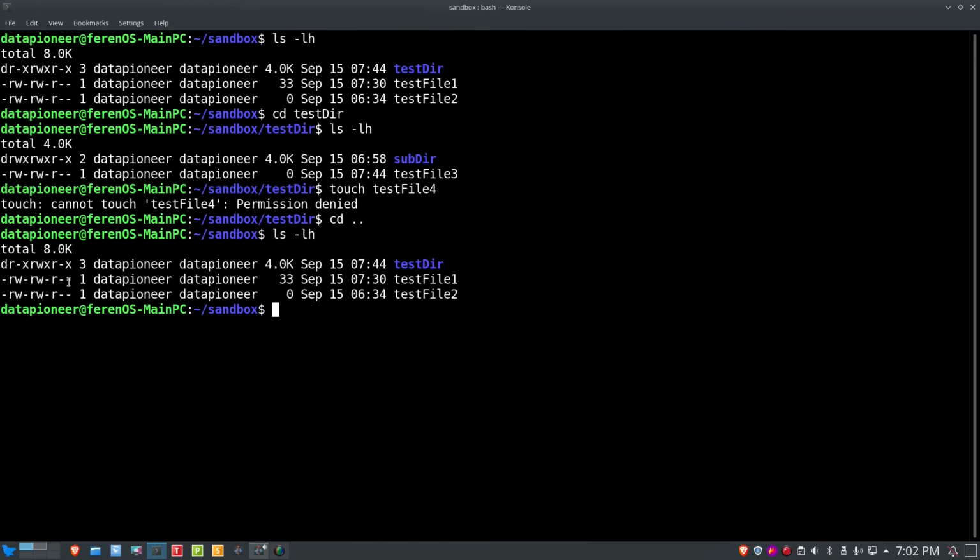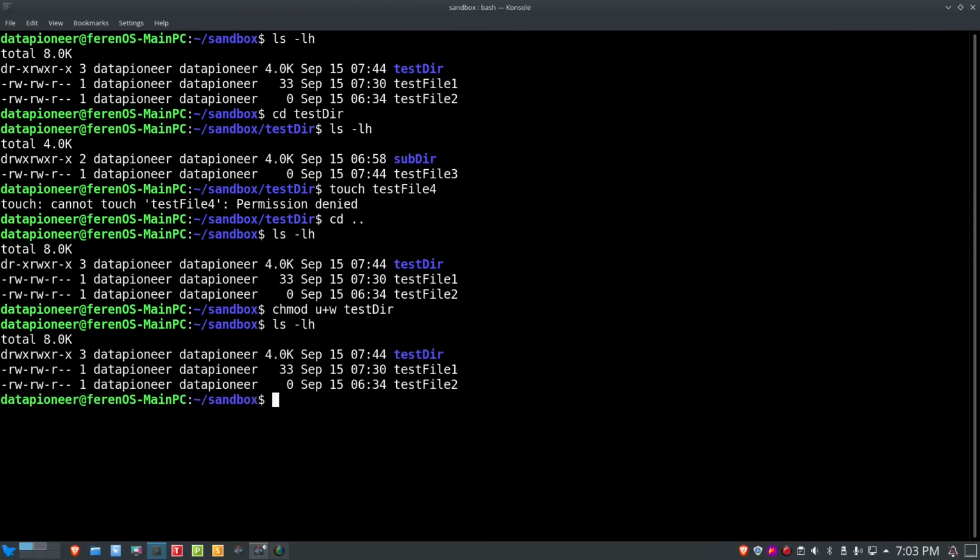and if I replace the write permissions here for Data Pioneer by adding the write permission bit to that particular group of permission string by using chmod and then u plus w for testdir. Okay, and if I list it out again, you can see that now the write permission has been returned to testdir. And if I go ahead and repeat the process here that I tried earlier and failed, which is